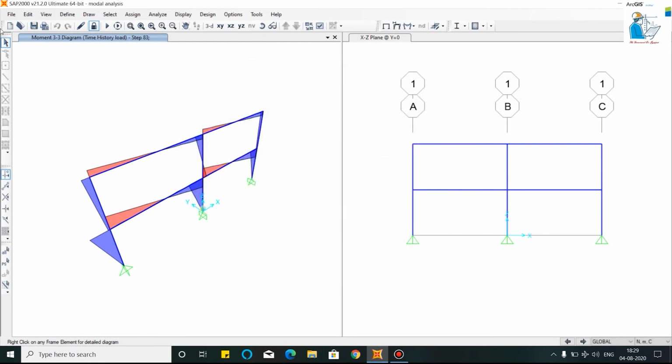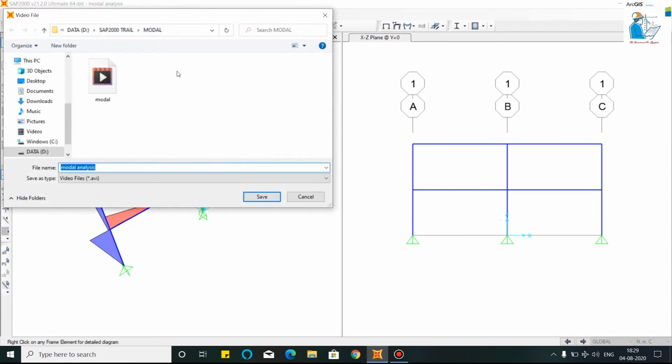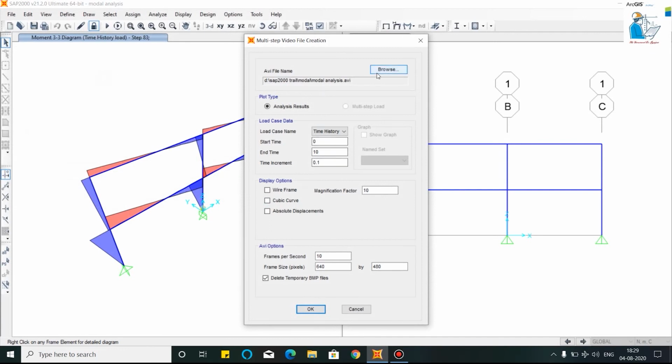Okay, you can also create a video of this animation. We will select the modal analysis; in this you have to select the time.